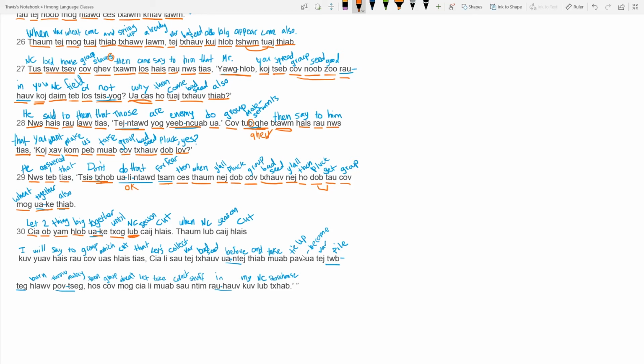Again, general rule, if you want to generalize, when one needs to use a noun classifier is when you're specifying. You're kind of pointing at something specific and not being vague. So in this case, we're going to talk about lu. So lu is a very general noun classifier for practically anything that isn't covered by another one. Okay? Jai means a season. Lai means to cut, slice, in other words, to harvest. So the harvest season. We're talking about a specific season, so we use a noun classifier. Okay? Lu jai lai. There we go.